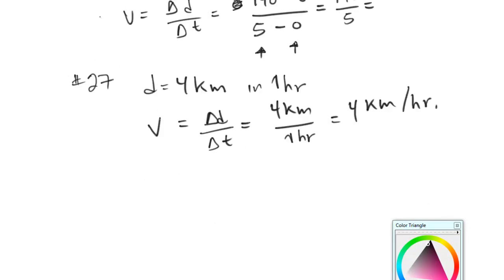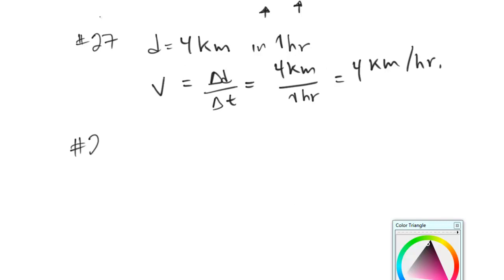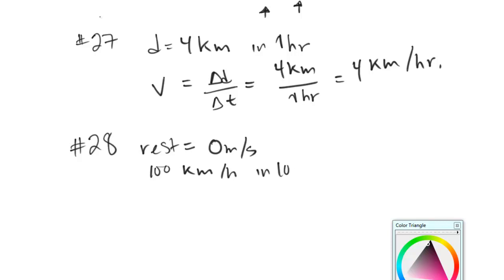Number 28. It says calculate the acceleration of the car in kilometers per hour per second, that can go from rest, and rest just means 0, to 100 kilometers per hour in 10 seconds. So here,